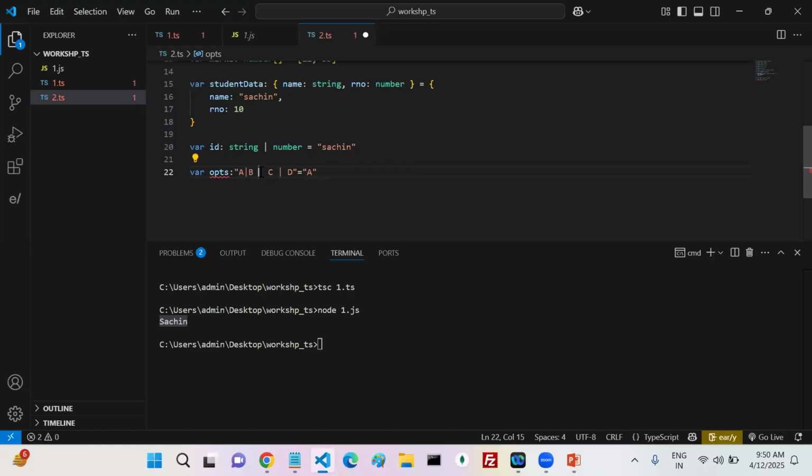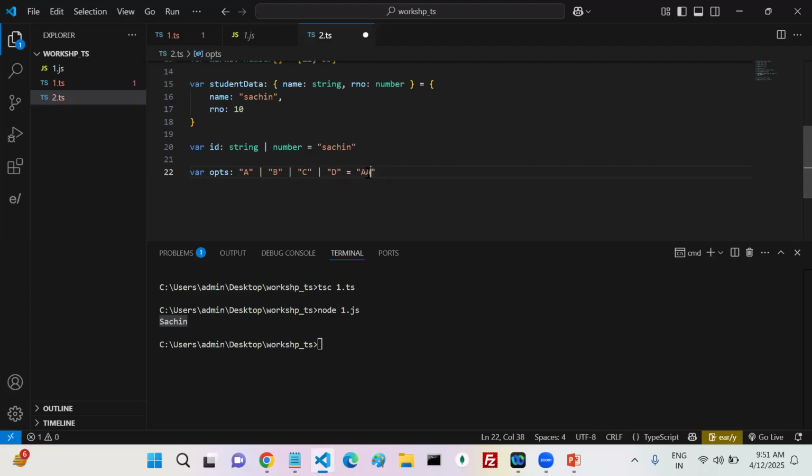A, B, C. A is not assignable to A, B, C. You can write it like this: either A or B or C or D. Now A is okay.